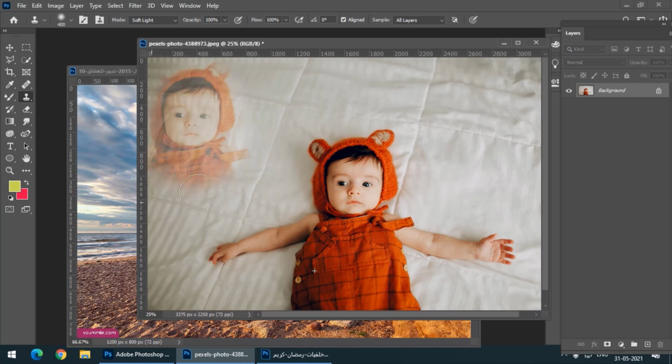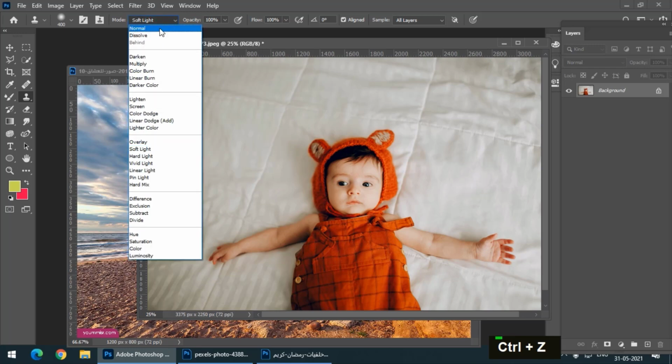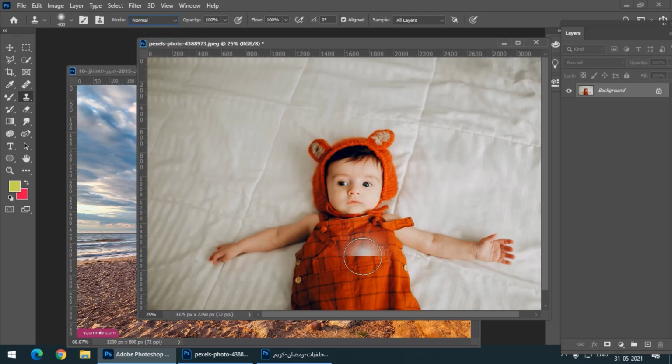It will again get a different result if we change the mode of the brush. But the main difference you have to remember is the way it works. It doesn't blend, it only copies, or it literally clones the source material into the desired area wherever we want. So this is the main difference.